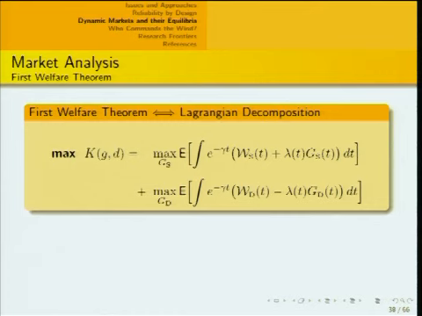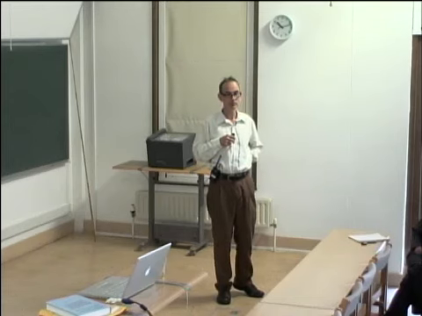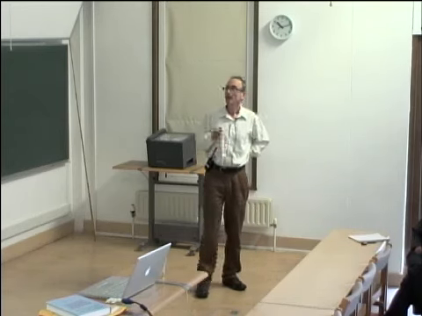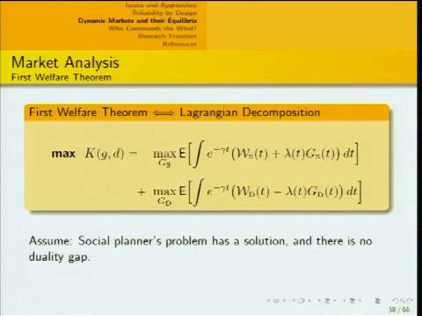And it just separates. It turns into a maximum over GS and a maximum over GD. It's two separate optimization problems. So if the social planner's problem has a solution, which it does in the case of Brownian demand and piecewise convex cost and utility function, and if there's no duality gap, so there's a Lagrange multiplier for which there's no duality gap,